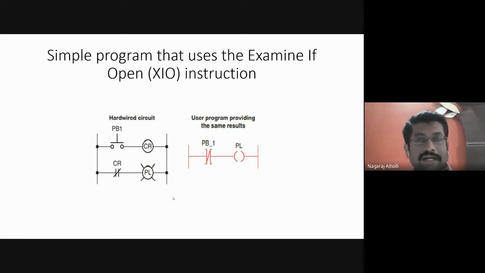Suppose there are 12 contacts, and we have a limit of connecting only 7 contacts in series. What we are doing? We are connecting 5 more contacts in the second branch. We are making a branch, connecting parallelly. But what I told is there is a continuity from input to the output, and output of the first rung to the input of the second rung, and again from input to the output. Yes or no?